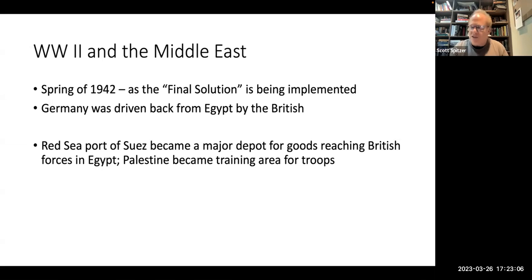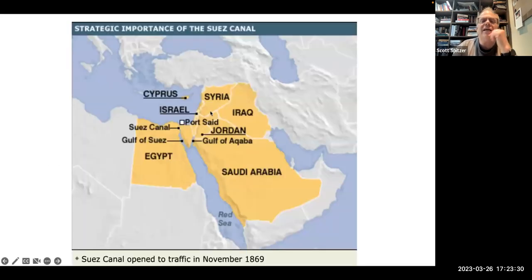Meanwhile, Palestine is also seen as a training area, right? Still British Palestine, as a training area for British troops. So all of a sudden, this colonial enterprise that wasn't all that important strategically, because of oil, because of the Suez Canal, because of Palestine as a training place for the troops, becomes incredibly important. So you can see how important this Suez Canal is to link the Mediterranean Sea into the Indian